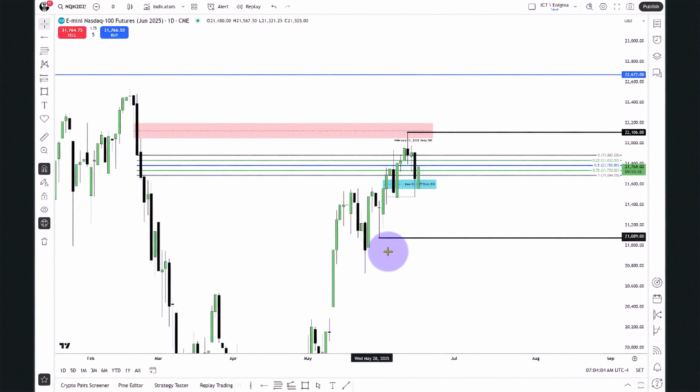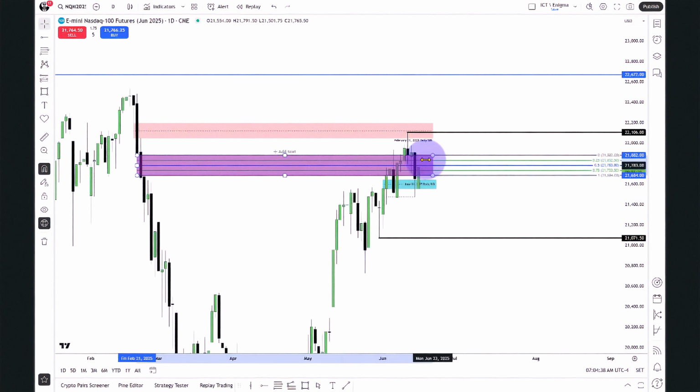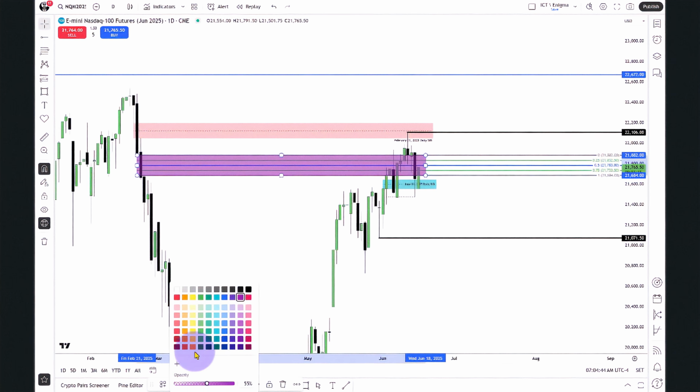Now, there are minor buy side liquidity pools, for instance, the ones we have here on June 6th and 13th of June, which we didn't breach so far this week. We opened at the low of the fair value gap there, which is probably random, trading up into consequent encroachment of that gap right here. Okay. So, for the sake of keeping track of it, I'm going to show you that range and highlight it in something like, let's use a very, very light green.